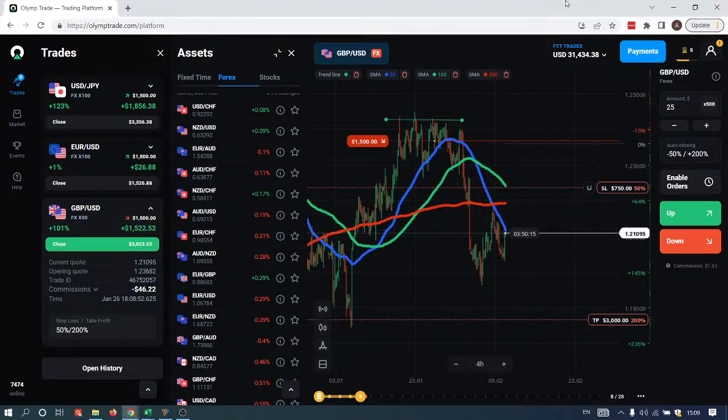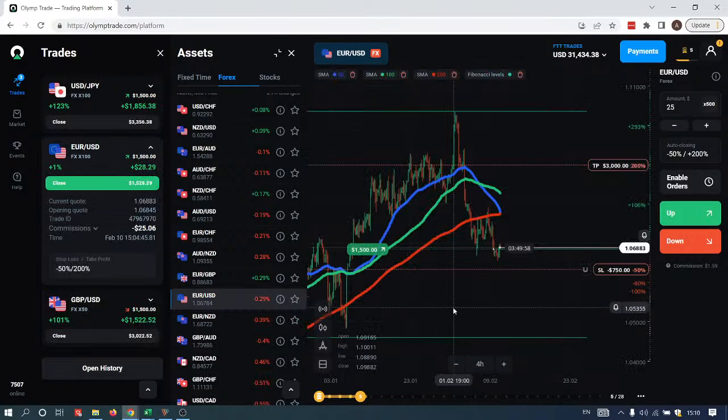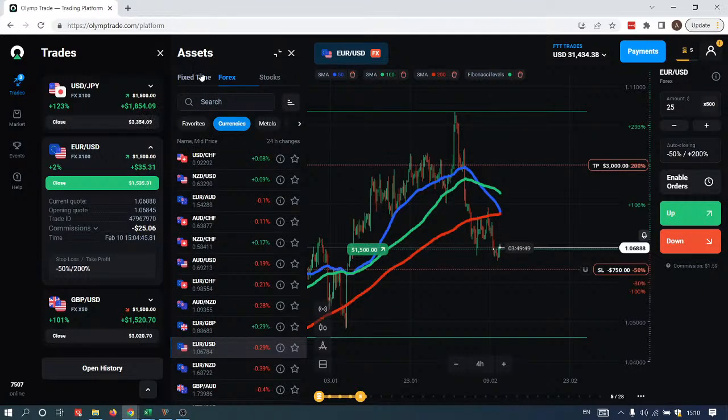So Forex takes a little bit more patience. You need to be more patient, more focused, and you need to do more money management, so to say, because you need to manage your positions, watch them, and check them from time to time. That is a very important thing to do, because many people neglect that, and they treat Forex the same way they treat FTT, but that is a core mistake. You cannot treat Forex the same way you treat FTT, because they have fundamentally different approaches.